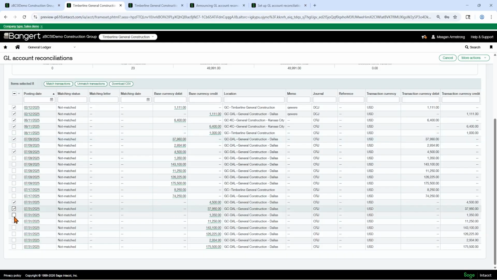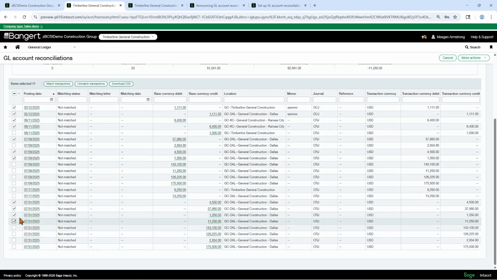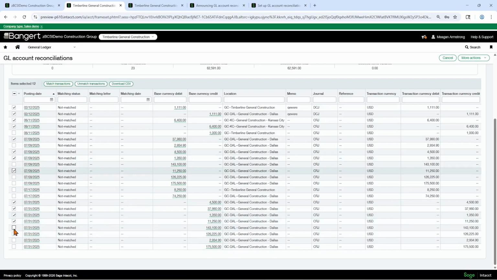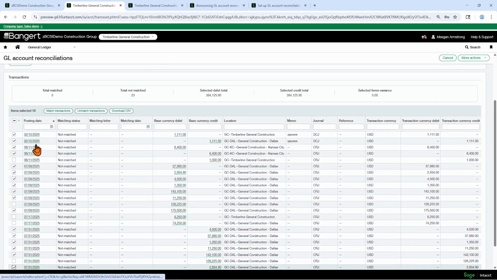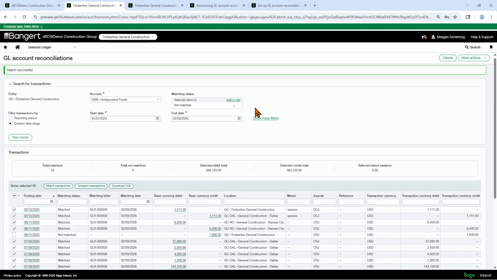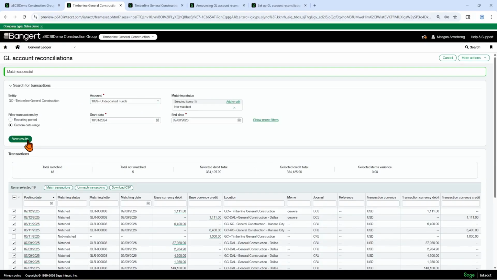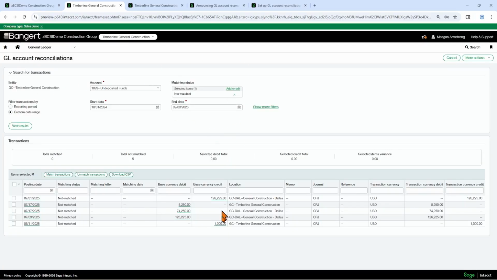Let me check these off real quick. Seeing that zero, I'm going to hit match, then I'll hit view results just to reduce the amount of things I'm looking at.